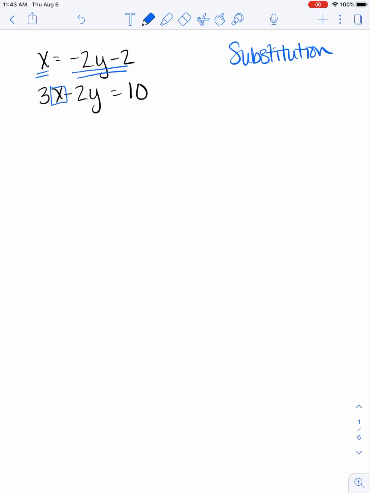Because by definition they are equal, they are interchangeable. So in the bottom equation, I'm going to substitute what x equals in its place. This bottom equation becomes 3 times negative 2y minus 2,